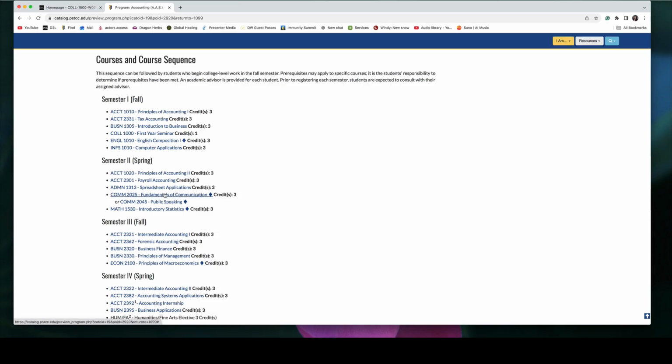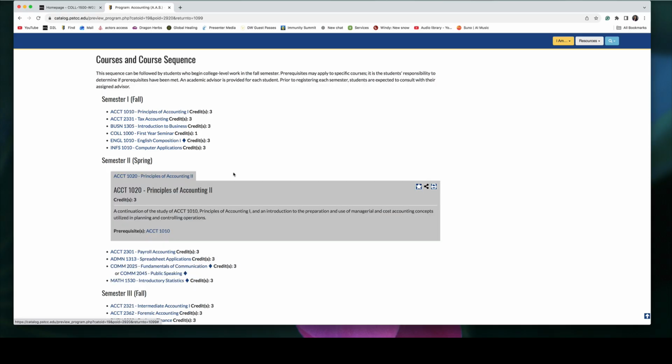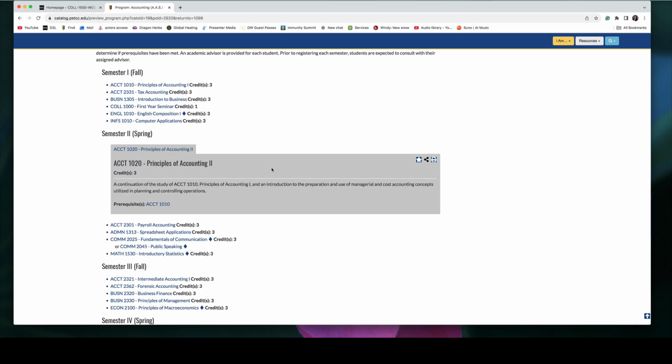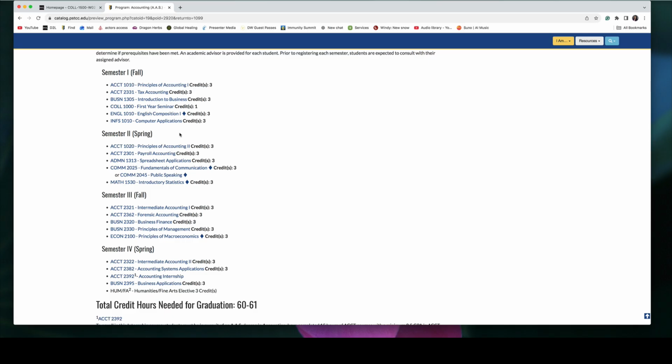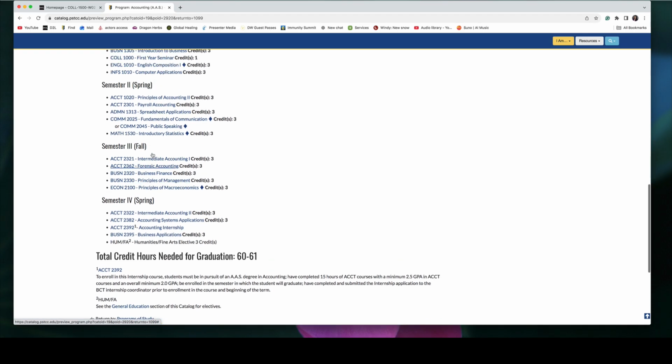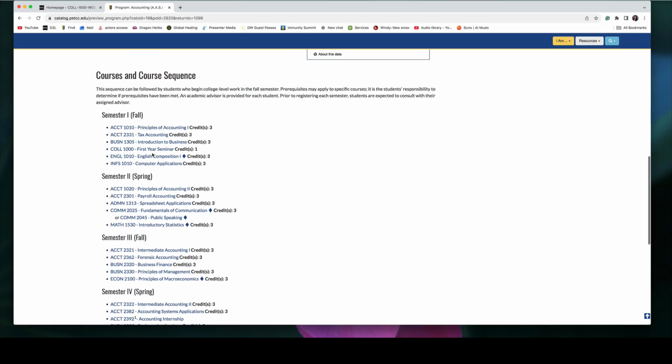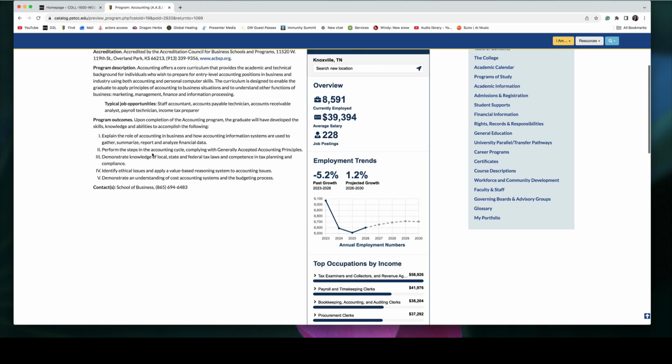But if you click on any of these, it opens up more information about it. Like if there's a prerequisite, like you can't take 1020 until you've taken Accounting 1010, right? And it gives you a little bit of information about the class. Not a lot, but there's something there. So you're going to just copy and paste this into your Word document once you have found your program of study. And that is that. That is all. I'm just going to go back